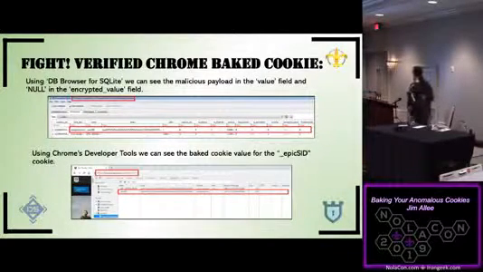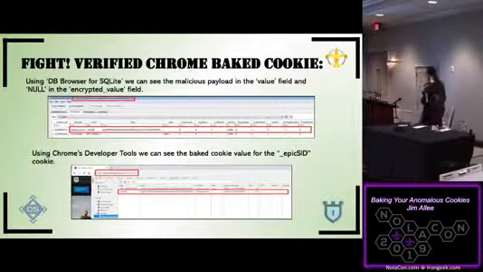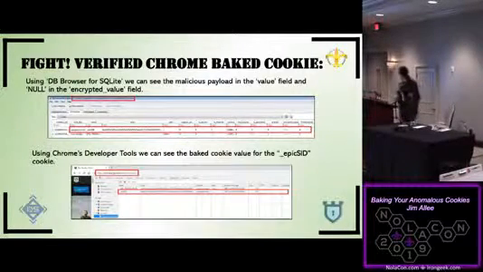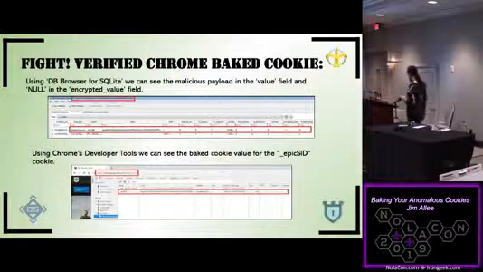Using the DB browser again, we can see in the value field, which is like the 4th one over from the left, there's a script tag in there. On the right, the encrypted value is the second from the right, and it will say null in that column. And again, that's all you need to be able to do the cookie baking. Opening up Chrome's developer tools, we will also be able to see that Epic SID cookie in there with the malicious payload.